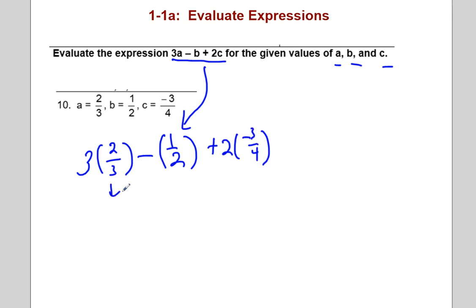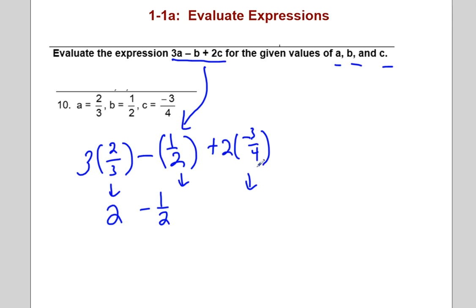And I'm going to go ahead and take care of this. I'll take care of this, and I'll take care of this. So 3 times 2/3, that's just 3 divided by 3, which is 1. So that's going to be a 2. And then, of course, I have my negative 1/2. Don't even have to worry about that. And that's 2